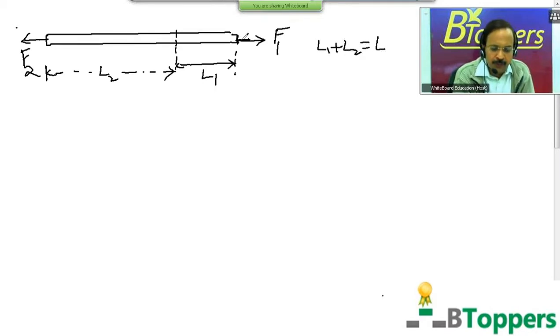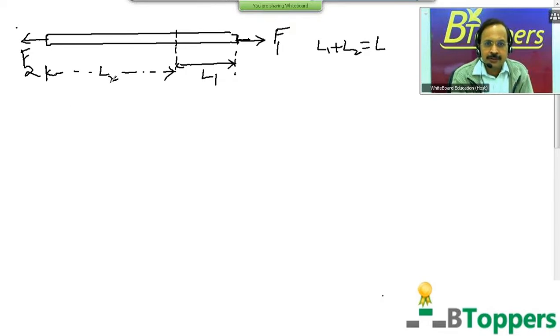The rope is uniform, means the rope has same area of cross section and same density at all parts. The cross area and density are uniform, same throughout the length of the rope. So I would like to calculate the magnitude of the tension acting normal to the area of cross section at a distance L1 from the first end and at distance L2 from second end. So let us assume one of the forces to be larger than the other force. I mean magnitude of one of the forces to be greater than magnitude of other force.